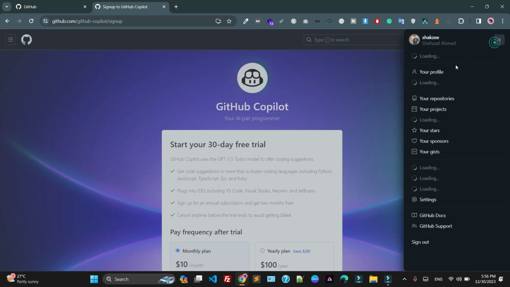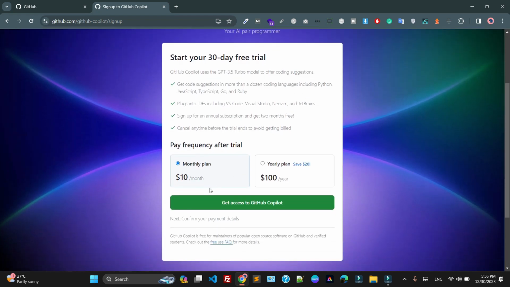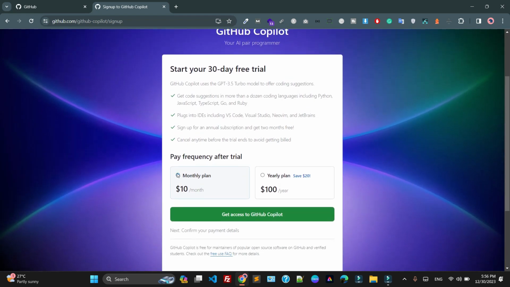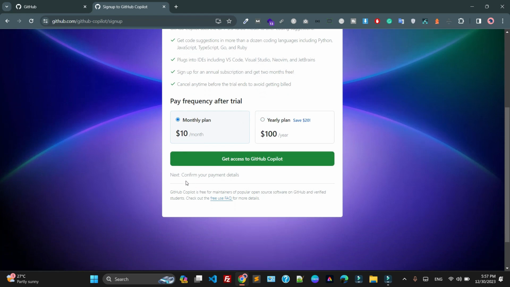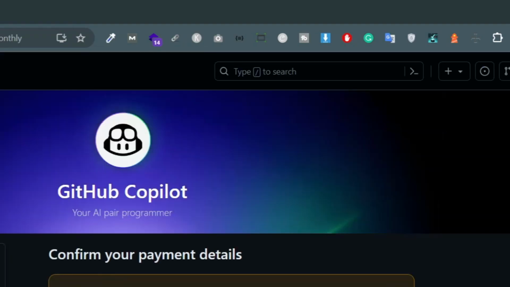I've already logged in with my account, so as you can see, this is my account. Here I'm selecting the $10 per month plan rather than the per year plan. It says GitHub Copilot uses the 3.5 turbo model to offer coding suggestions in more than dozens of languages. Now if you click on get access to Copilot,